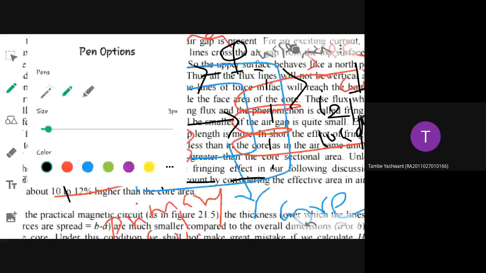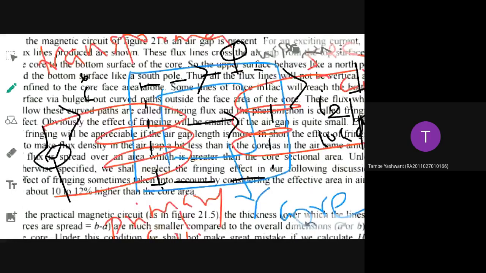But it will not always be the case. The flux lines will not always flow through the core. Sometimes there is a chance that they leak out and follow a non-designated path. This is the air gap. The flux will not take the core path; it will leak out from the designated core path. That leaked-out flux is called leakage flux. It is an unwanted flux, because of it you won't get any useful action. Understood what the meaning of leakage flux is?